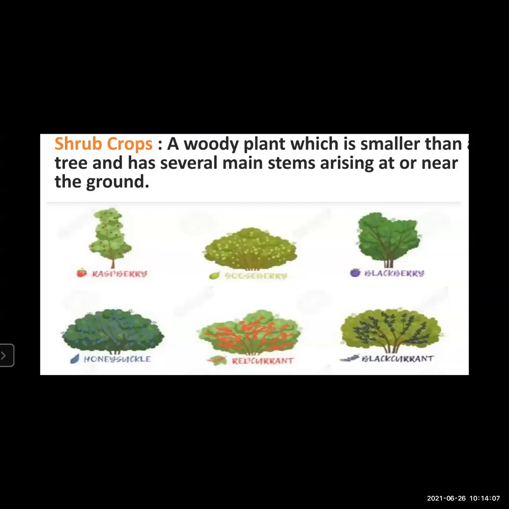So when they were in Naldurg, the amount of rainfall Naldurg receives is less than Solapur city. Or you can say the availability of water is less in Naldurg. And because of that, the students had seen shrub crops, because shrub crops don't require a high amount of water for growth.